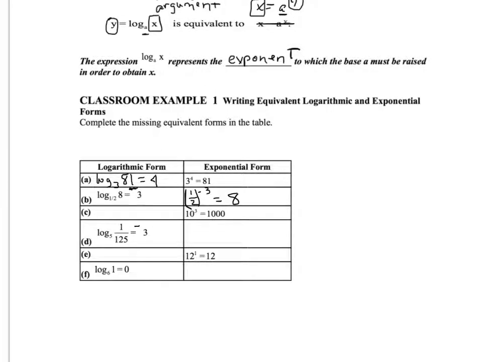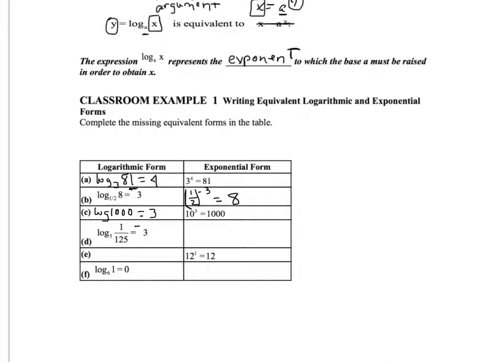Now, if we look at 10 to the 3rd power equals 1,000, we need to remember when we are going into log form, the log form of a log is the common log. That means it's understood to be base 10 unless I have written in a different value for the base. So when I check this in exponential form and I see the base is 10, it means it's optional, whether I put it down there or not. I'm not going to because it's understood to be 10. If you wanted to write it in, that's fine. 1,000 is now the argument when it goes into log form,